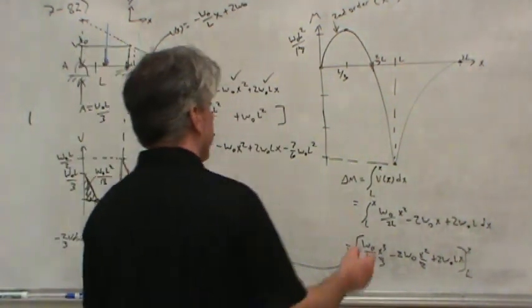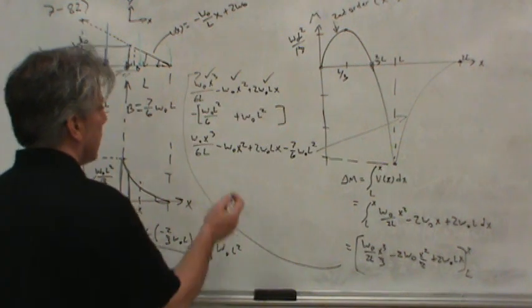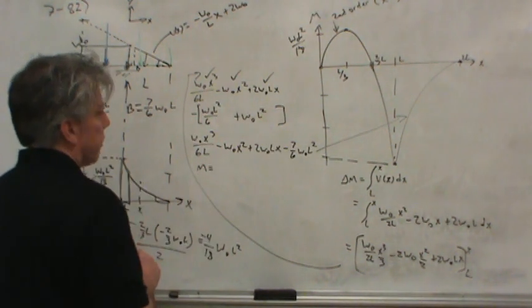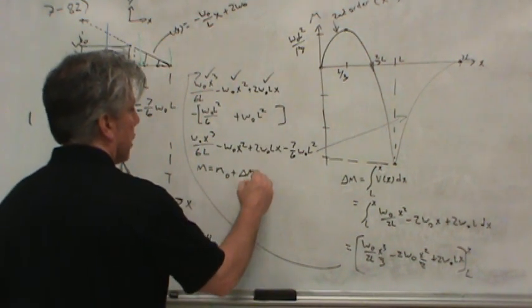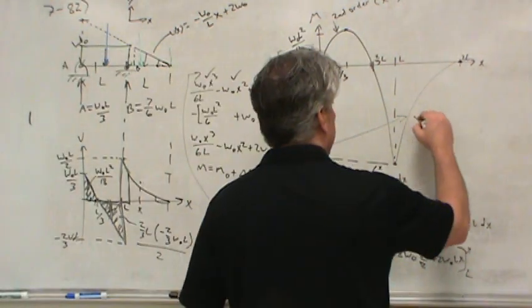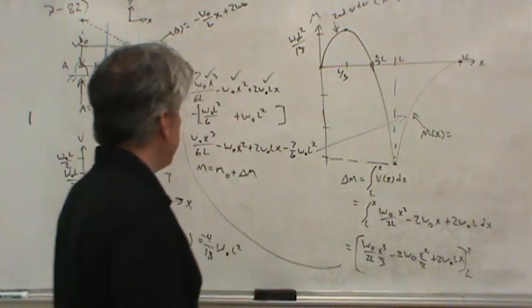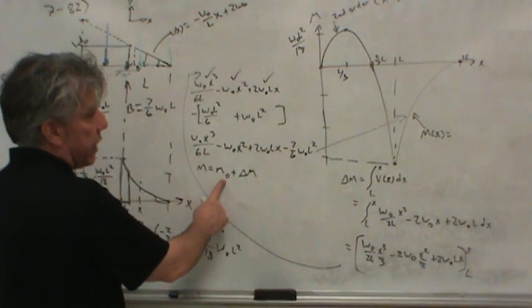And of course the equation of this line, well, it's almost right there, except this is the change in the moment. If you actually want the moment itself, to get the magnitude of the moment, you'd have to take the initial moment plus the change in the moment. So if I actually want to write down the equation of this line as a function of x, what I need to do is add the initial moment,